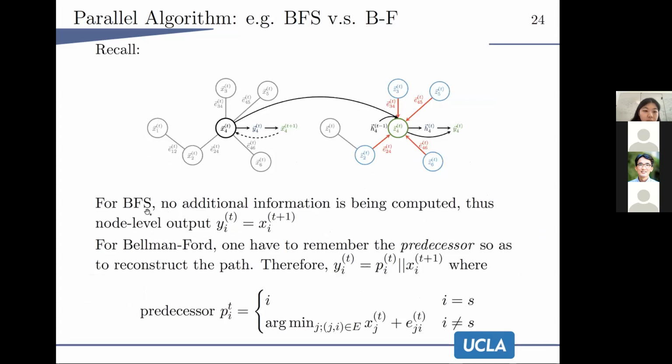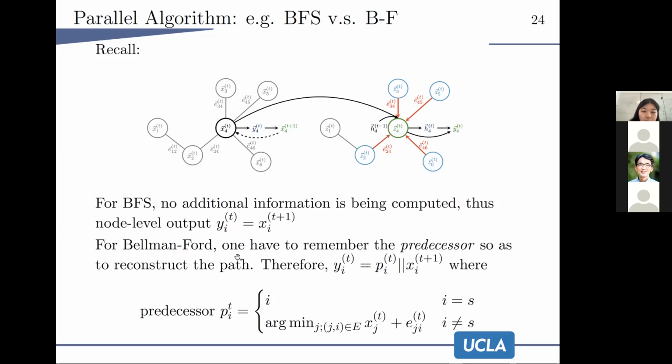But for the breadth first search, because there's no additional information we need to compute, we only need to know whether or not a node is reachable, and that's all. So we can directly use the